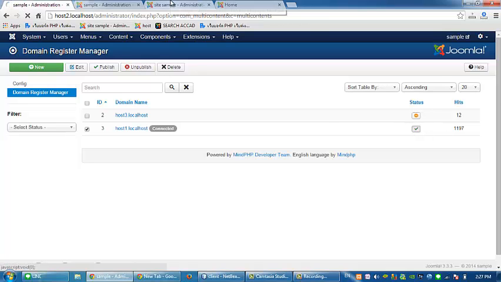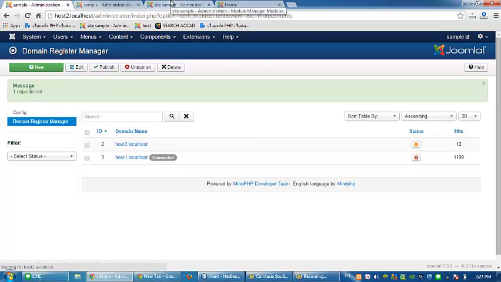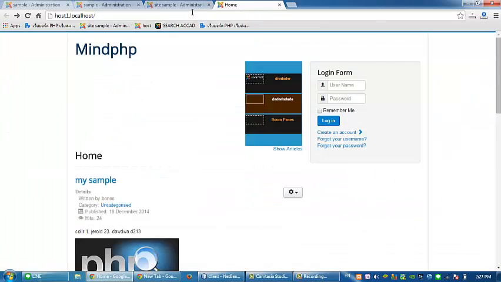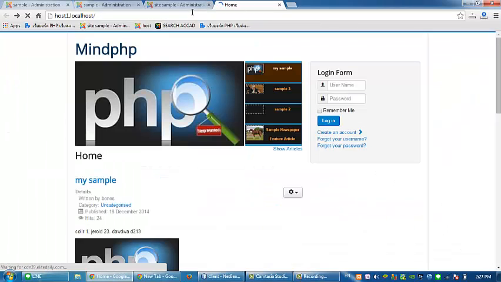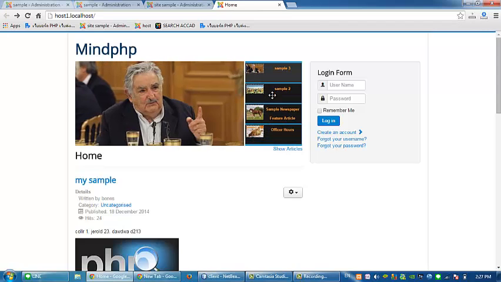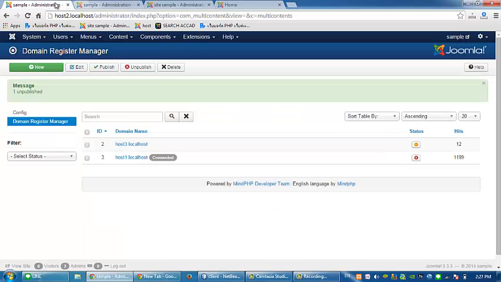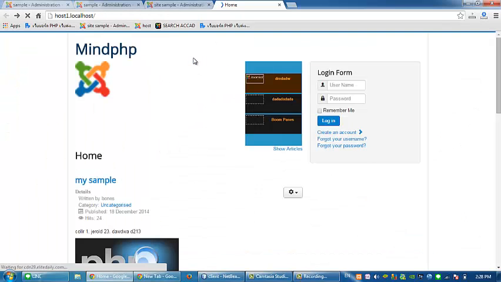Unpublish. So it cannot get the master side. If the master publishes your site, the client site, then you can get the master site.